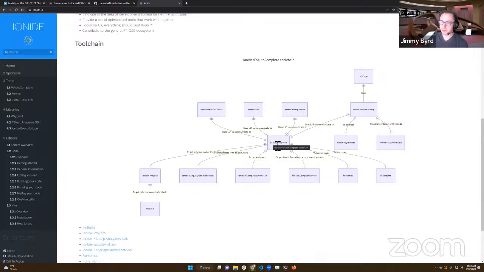It relies on many other things as well. It relies on proj info, which is how we communicate with MS Build to get information out of your project files. That's how we know where your packages are and which things you referenced.